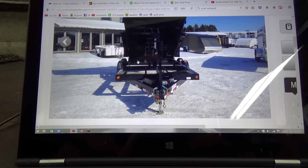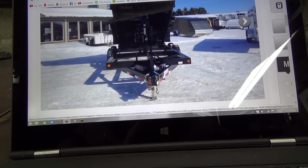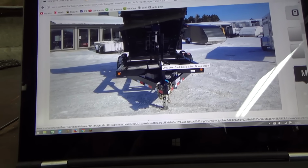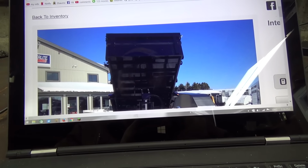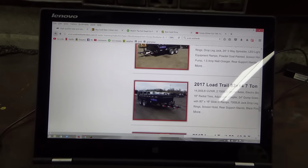So, I could technically hook my hydraulics to the tractor again, run lines up to my tractor, and it would probably push that up twice as fast, I would think. So, that's a thought anyways. That's an idea. But I kind of highly doubt